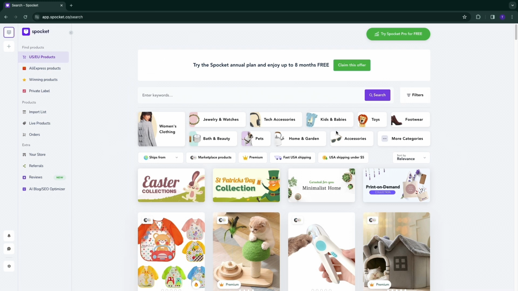So this is the Spocket interface. Here you will see different sections such as women's clothing, jewelry and watches, etc. So these are categories of products that you can find. So first I'm just going to show you how you can actually find products that you can sell on your